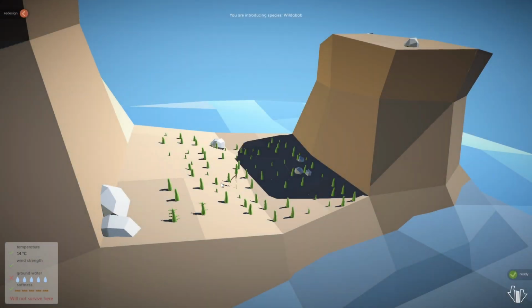Oh, I should have made it look a bit different, but Wilderbob will not survive here, will not survive here, will not survive here. So it's still wanting lots of water. So I just don't know how to make it not want...